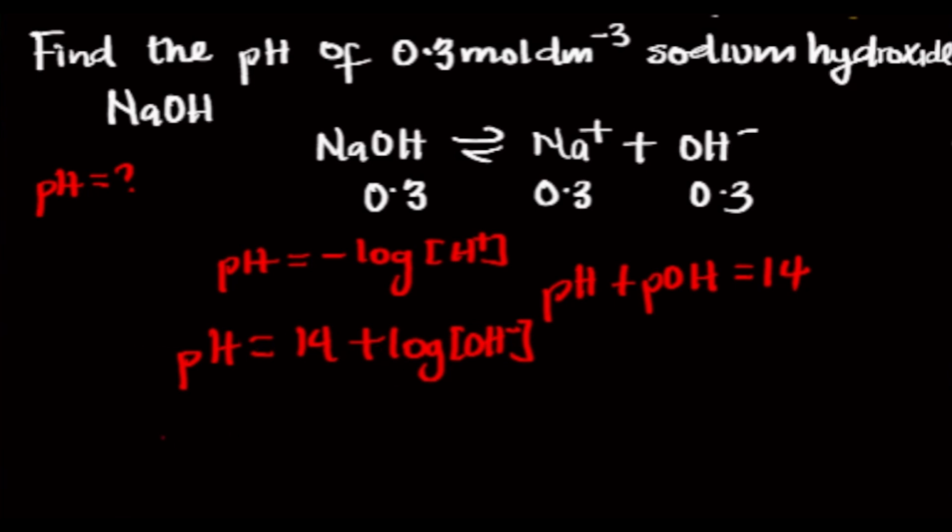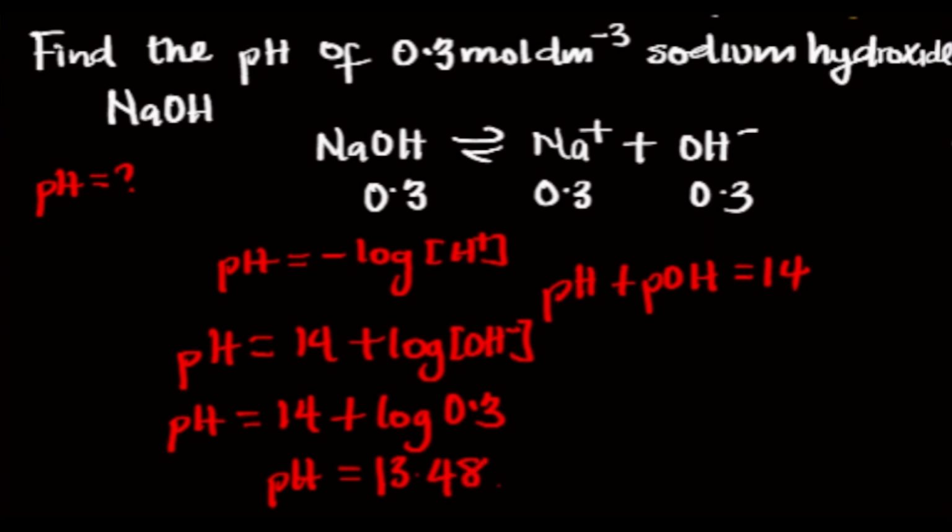If I'm using this formula directly, I'm going to have pH equals 14 plus log of the hydroxide ion concentration, which is 0.3. So I'm going to put 0.3 there. I'm going to have log 0.3. So pressing everything here at once on my calculator, let's see what I'm going to have. I'm going to have 14 plus log 0.3. That's what we're going to have here. So the answer is 13.4. So that shows that our pH is equal to